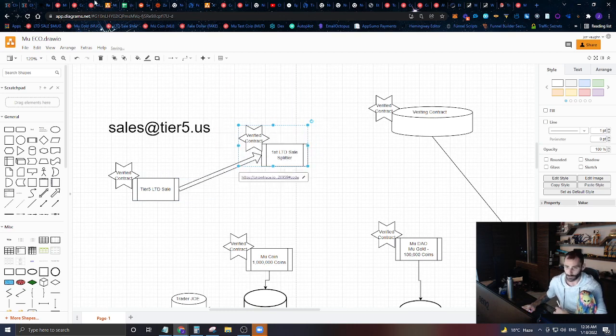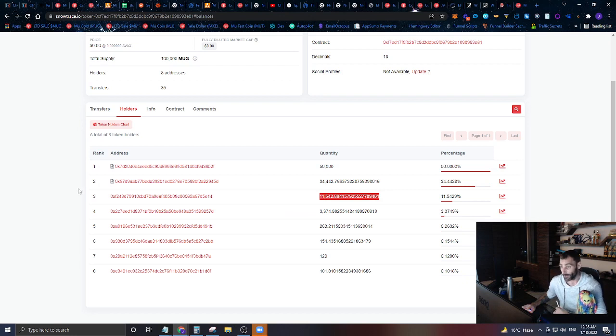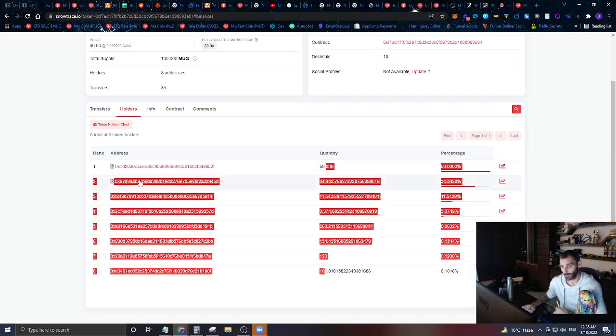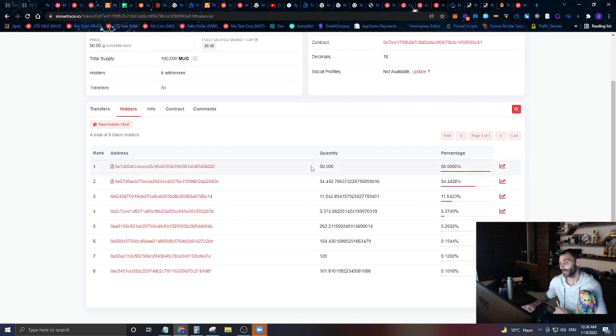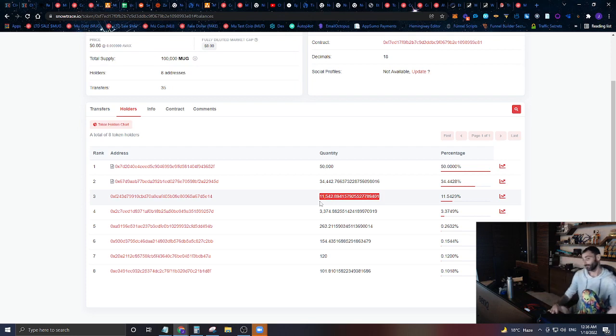And that portion would basically literally just be based on adding all these up, minus the liquidity pool, and coming up with that sum, and then finding what portion of that you actually own. And if you own 50% of that, then you would get 50% of all the money. But you can see there's 50,000, 11,000, 3,000, 200,